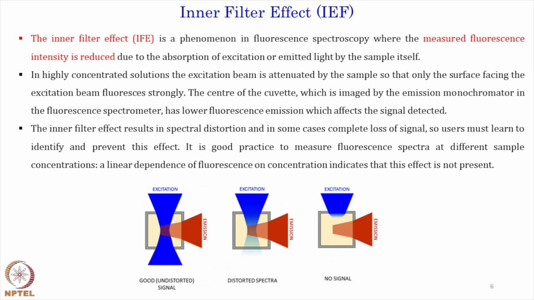But suppose you are putting too thick a sample. So, before reaching the effective fluorophore, it is already getting disturbed by scattering, by transmission, by something, it is not reaching effectively, concentration is high, right. So, in those cases the excitation beam is attenuated by the sample and only the surface facing the excitation